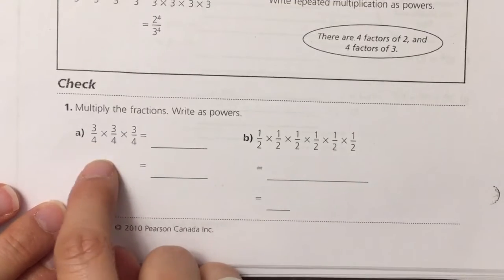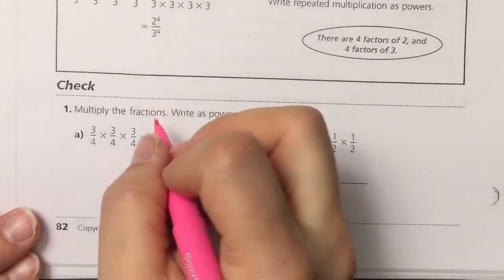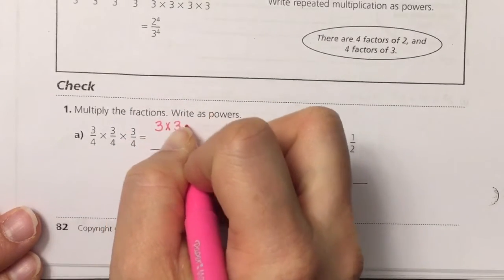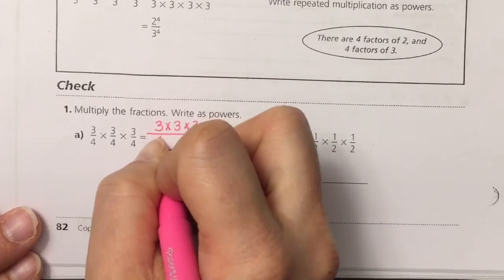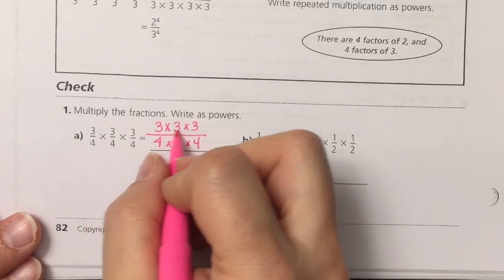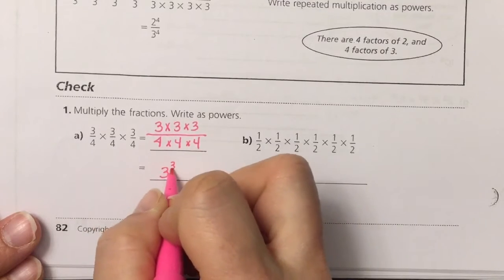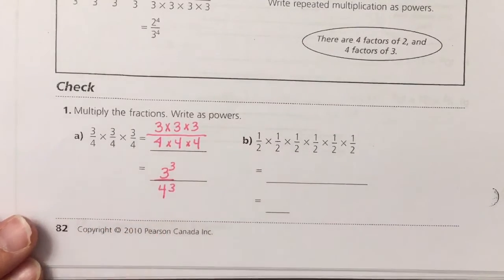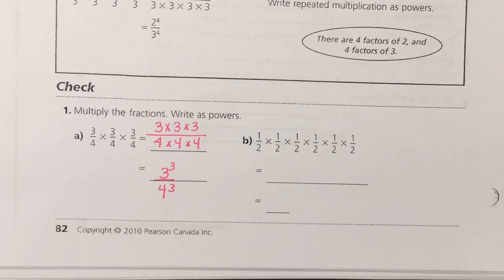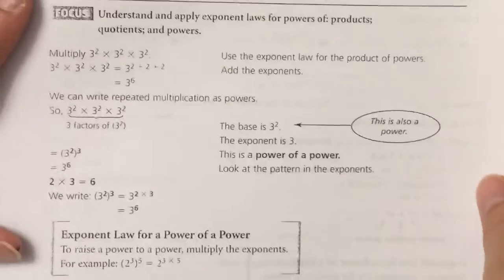give this one a try. Check A. What do you get when you write those as powers? Okay, so I'm going to have my 3 3s on top, my 3 4s on the bottom, so that gets me 3 cubed over 4 cubed. Okay, I think you get the answer. Okay, you can try the second check yourself, but let's turn and try exponent law number 2. Okay,